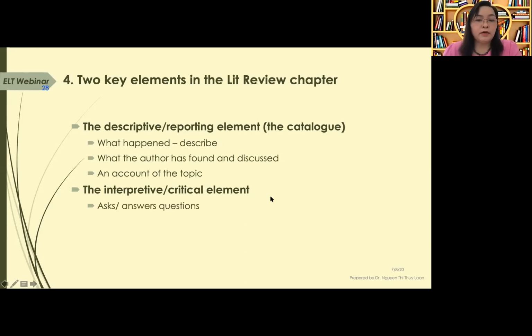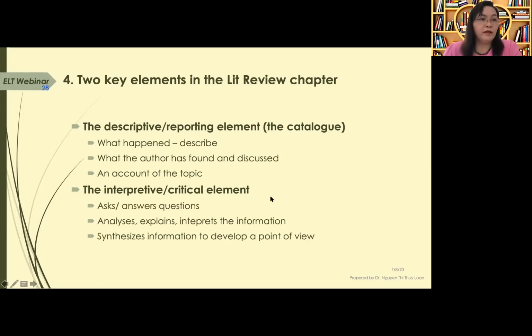In this part, you have to show your evaluation, your interpretation or analysis or explanations over what other people say. So in including the interpretive part, you are raising your voice, you are integrating your voice into the literature. So after you interpret